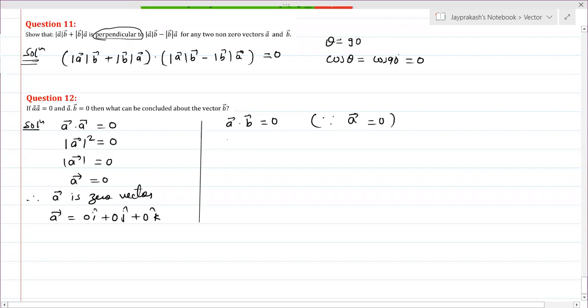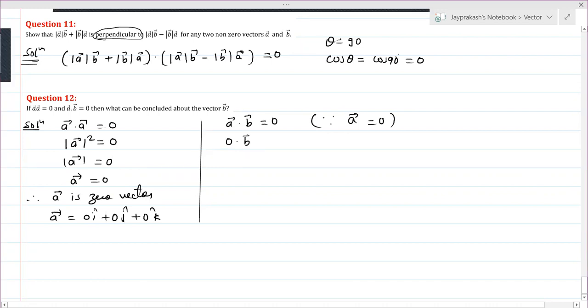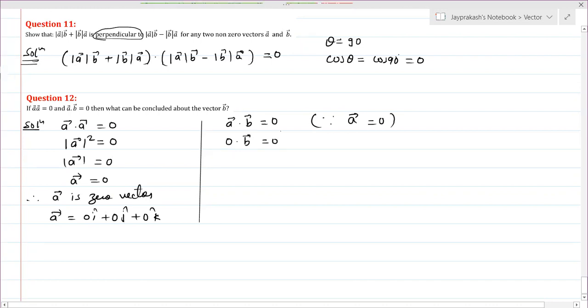So when we write 0 at the place of vector A, then B can be any value. We can't predict about the B. When the dot product of two numbers is 0, either both of them will be 0,